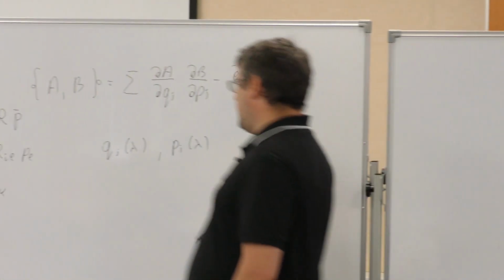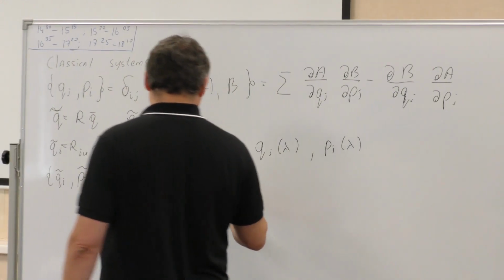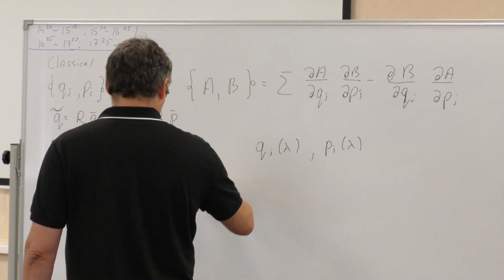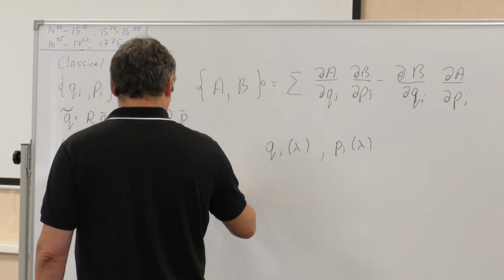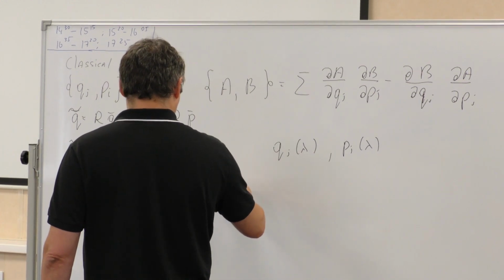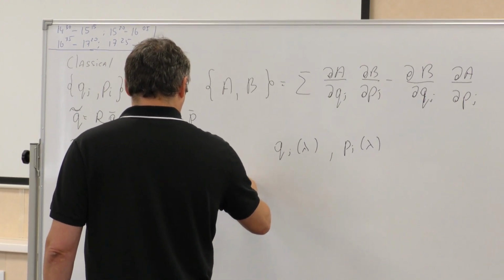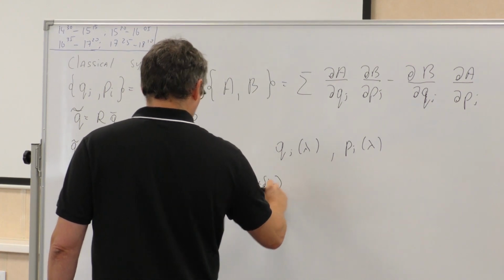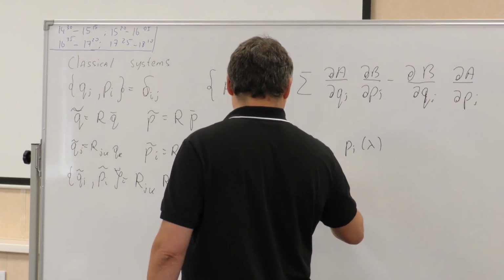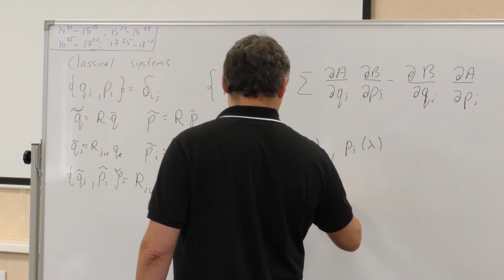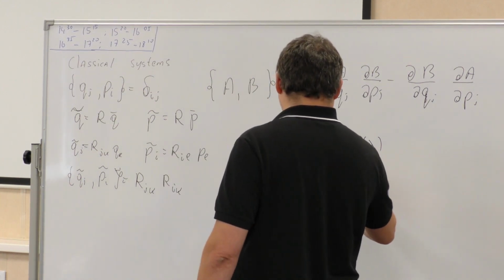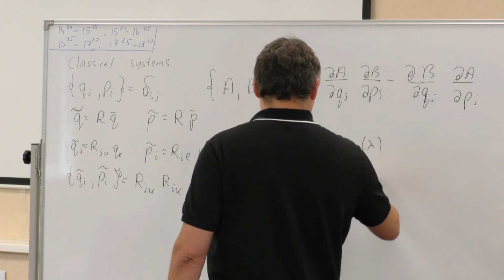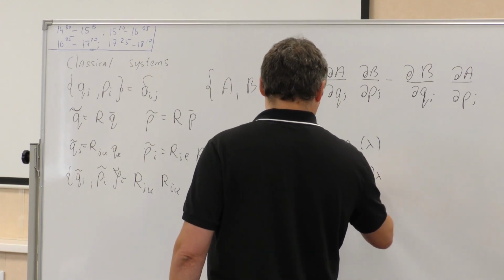And let me just state without the proof, and then we will check that I can always generate canonical transformation if I say that Qj of lambda plus delta lambda will be equal to Qj of lambda, and I always have to think about signs